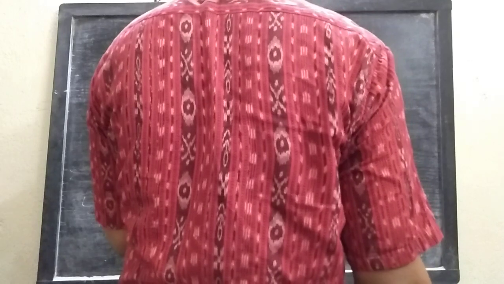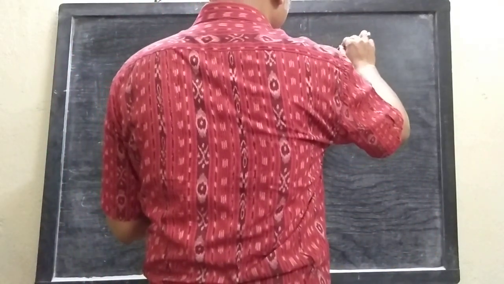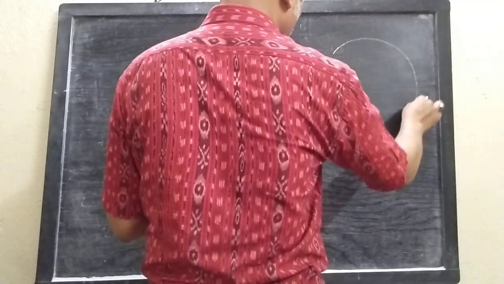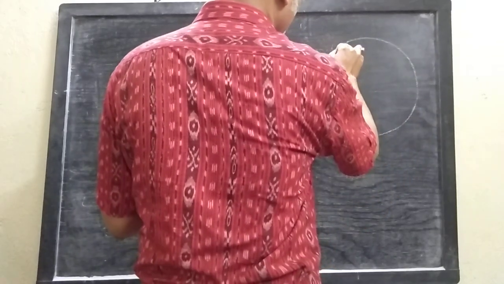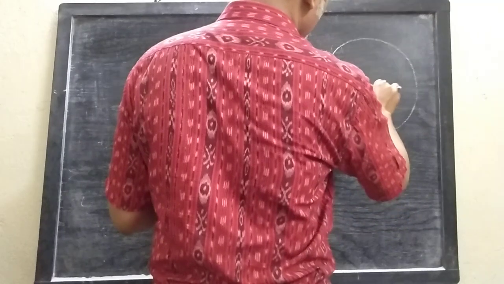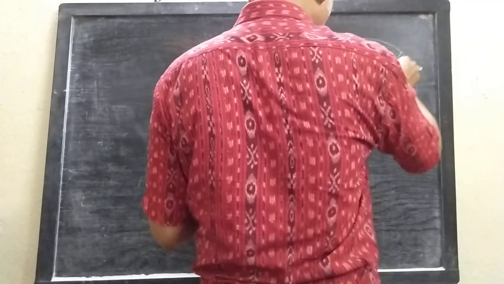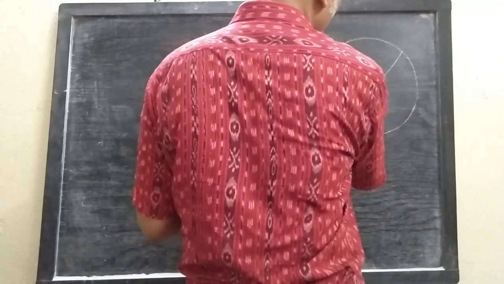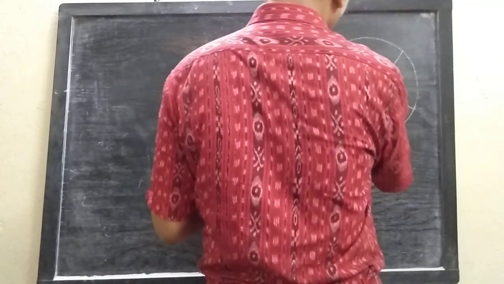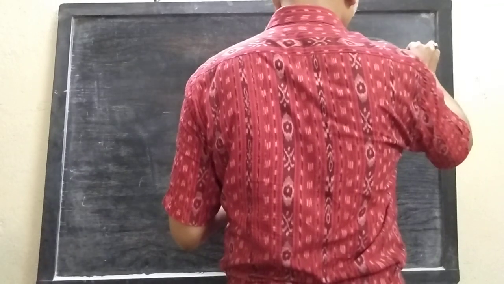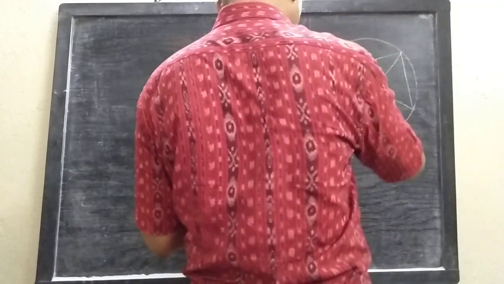Show that of all rectangles inscribed in a given circle, the square has the maximum area. First let us draw a circle. You must draw it with a compass. Now you have to draw an inscribed rectangle. For this we first draw two intersecting diameters. Then join the end points, and we will automatically get a rectangle.